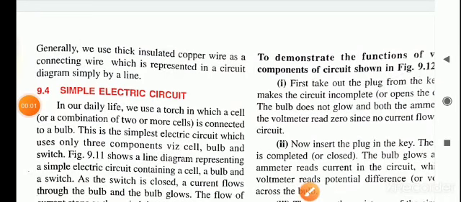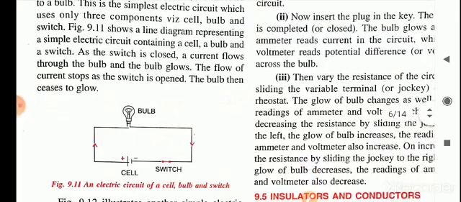In this video, we will study the simple electric circuit. Electrical circuits are represented by drawing a circuit diagram. A diagram which indicates how different components in a circuit have been connected by using the electrical symbols for the components is called a circuit diagram. An electric circuit consisting of a cell, a bulb, and a closed switch, which was drawn in this figure, can be represented by drawing a circuit diagram shown in the figure.